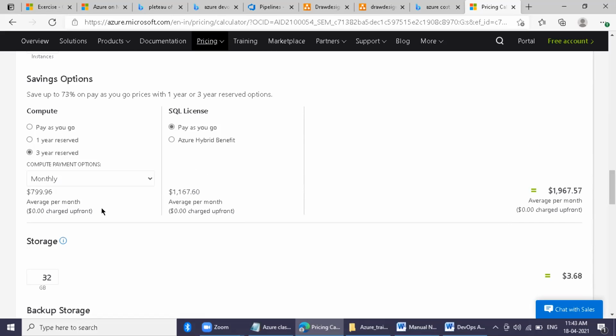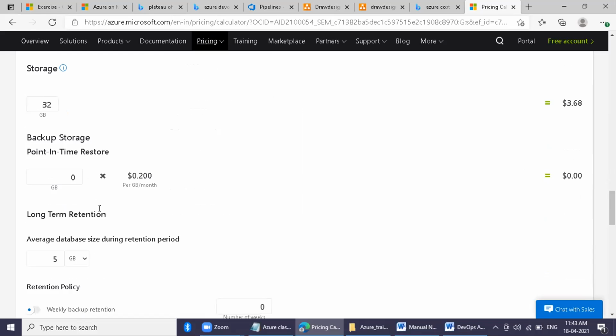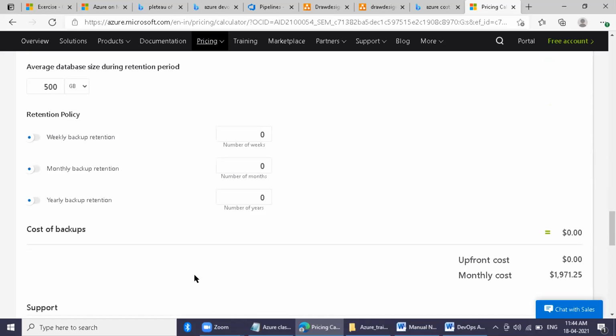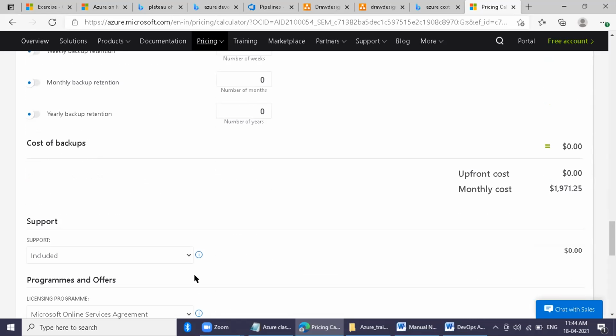Scroll down. Then let's say how much data, how much size you want. For example, 100 GB or maybe 500 GB of database. Just type 500 GB. Scroll down. Likewise you can add services, and then you need professional support at least.